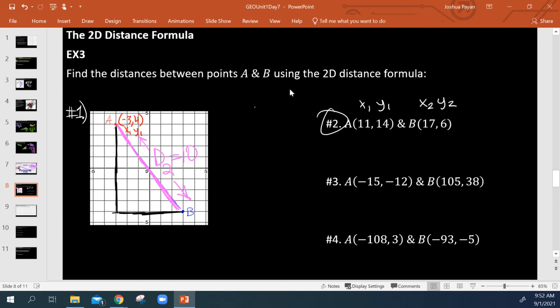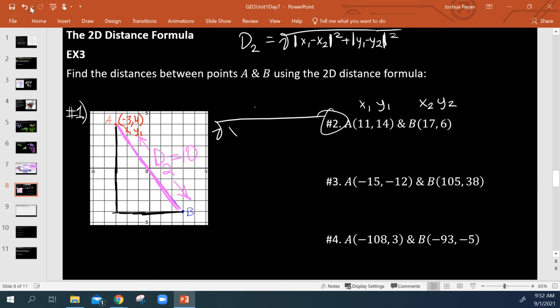And then just plug your numbers into the formula, right? So two-dimensional distance is equal to the square root of the absolute value of x1 minus x2, squared, plus the absolute value of y1 minus y2, squared. So let's plug in. Square root of x1 minus x2, absolute value squared, plus y1 minus y2